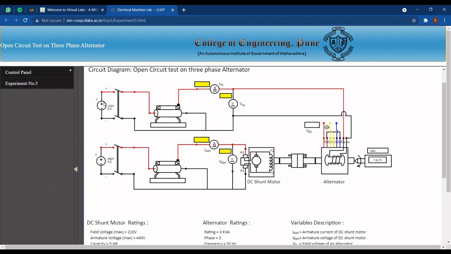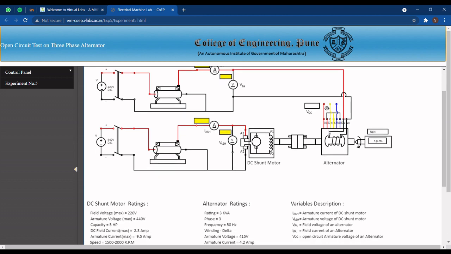This is the field system. This is the DC supply to the field system. This field system will produce a constant magnetic field which is rotating in the rotor of the alternator. This is the field rheostat. By adjusting the field rheostat, we can increase or decrease the field current. We have used moving coil ammeters and voltmeters to measure the DC current and DC voltages respectively, while on the alternator side we have used a moving iron voltmeter to measure AC voltage.